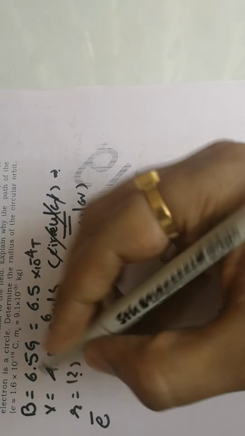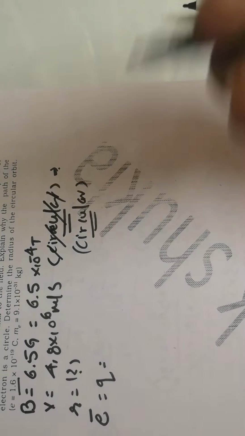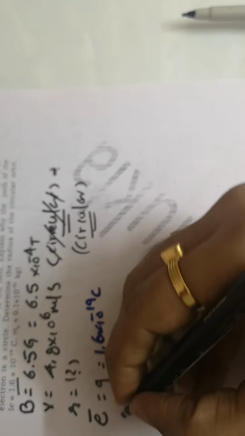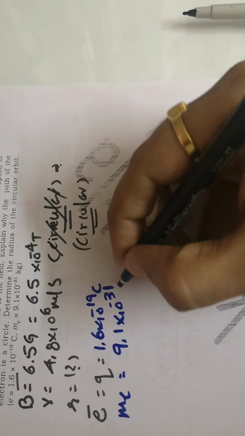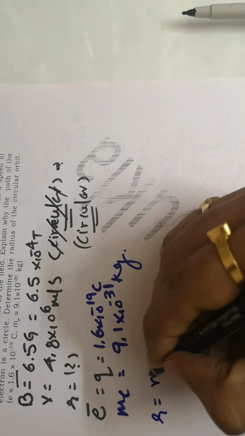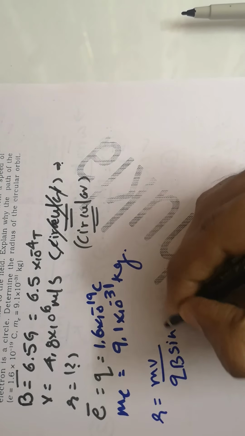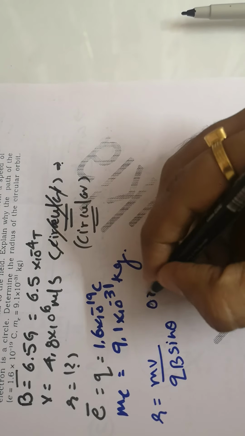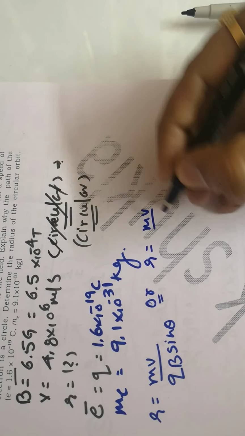You are also aware about the charge of an electron, even though it has not been mentioned. Its value is 1.6 cross 10 to the power minus 19 coulomb, and the mass of the electron is 9.1 cross 10 to the power minus 31 kilograms. So our data is directly available to us: mv, that is qB sine theta. Or you can just say that theta would be 90, so I can have r equals mv